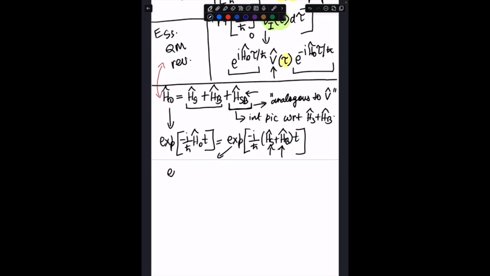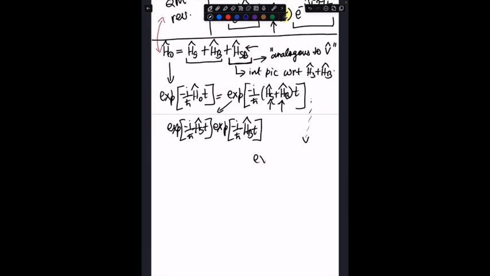So you can very simply write this as exponential minus i upon h bar Hs t, exponential minus i upon h bar Hb t. And of course, after this, you have your positive time ordered exponential given by minus i upon h bar, 0 to t,